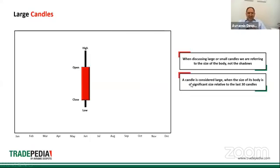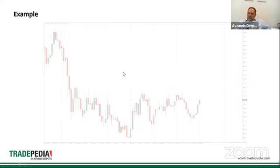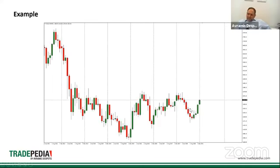So a candle is considered large when the size of its body is of significant size relative to the last 30 candles, let's say. Okay, so we compare the current body size with the last 30 candles and we take an average to see if it's a big body or a small body. So, for example, I'm not sure that you see my mouse, so I am going to annotate instead. If we take this candle here